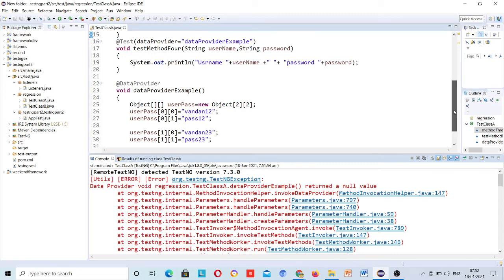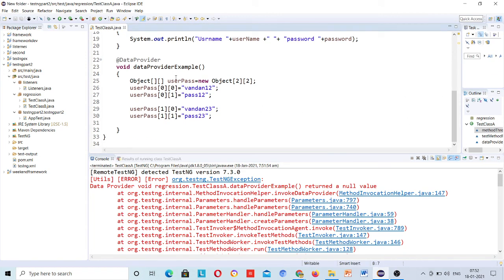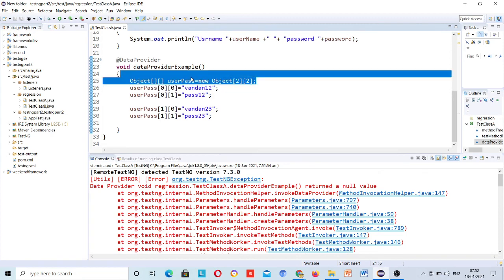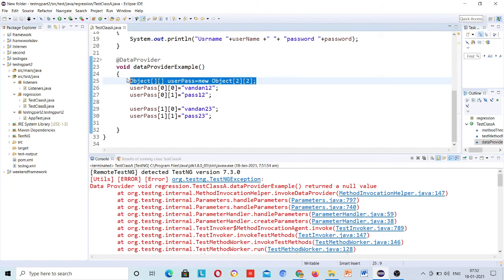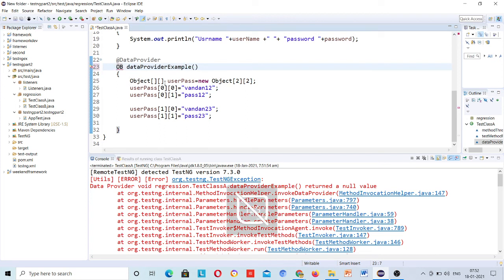Okay, it returns a null value. Why? See, I am giving the return of this object, right? No, I am not giving it actually. So how will it return data? First of all, you need to create this object type, because you are returning object type arrays. So the return type will be Object and array.